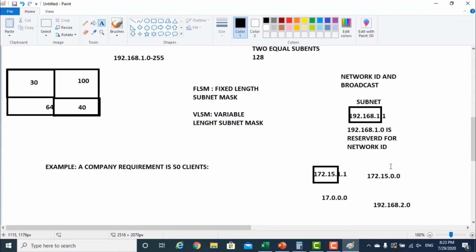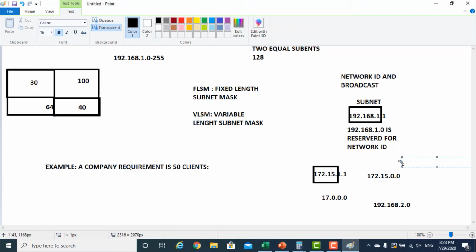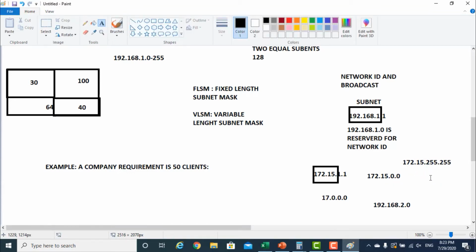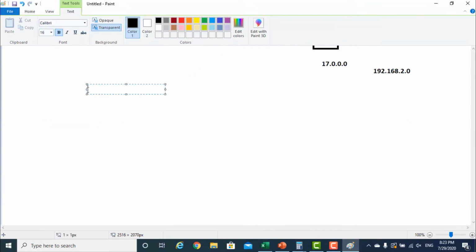What is your broadcast ID? The broadcast ID is the last IP. For example, 172.15.255.255. These two portions are related to the network, and once both of them become 255.255, that is the broadcast ID. The broadcast ID is related to everyone. For example, in a network of